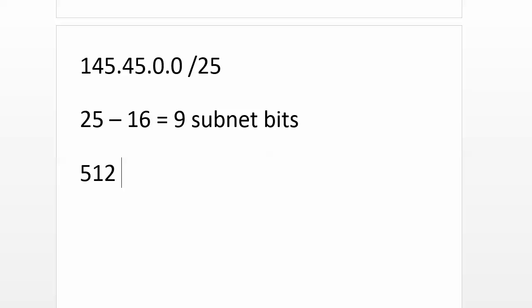16. So we have 9 subnet bits. Now we just need to raise 2 to the 9th power. 2, 4, 8, 16, 32, 64, 128, 256, 512. 512 valid subnets. Now I am occasionally asked here, do you need to write out powers of 2,